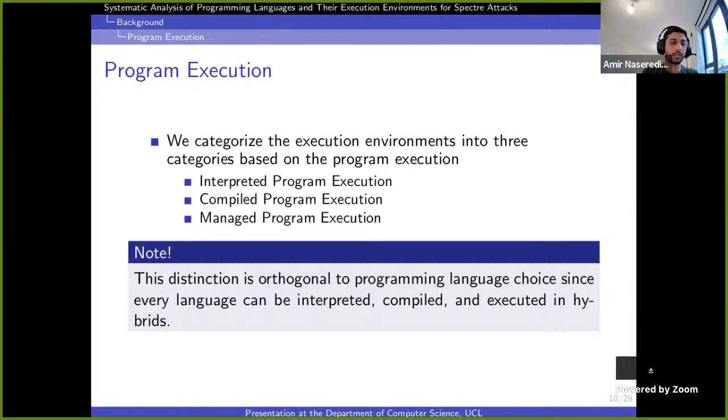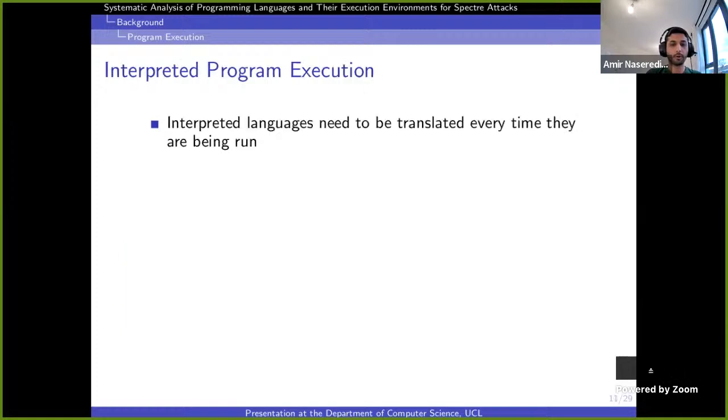It's just a matter of the commonly used compilers or interpreters for different programming languages. From now on, the programming languages that commonly use interpreters, we address as interpreted languages, and the same with compiled and managed languages.